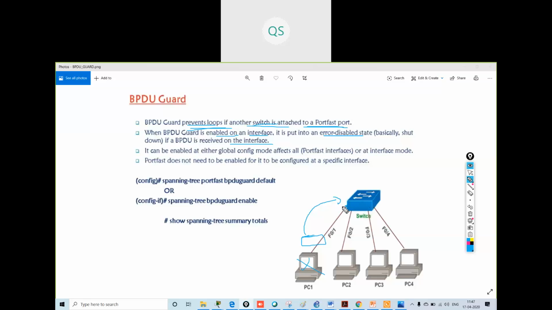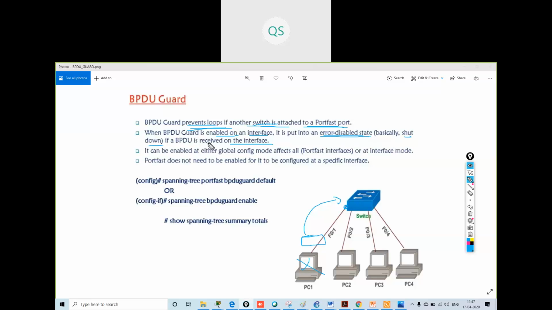Whenever I connect a switch on a port fast port, it will put that particular port into error disabled state, basically you can say shutdown state.